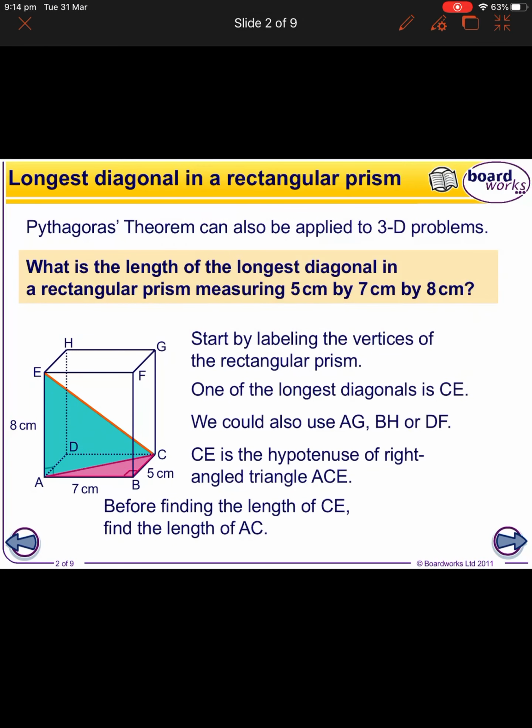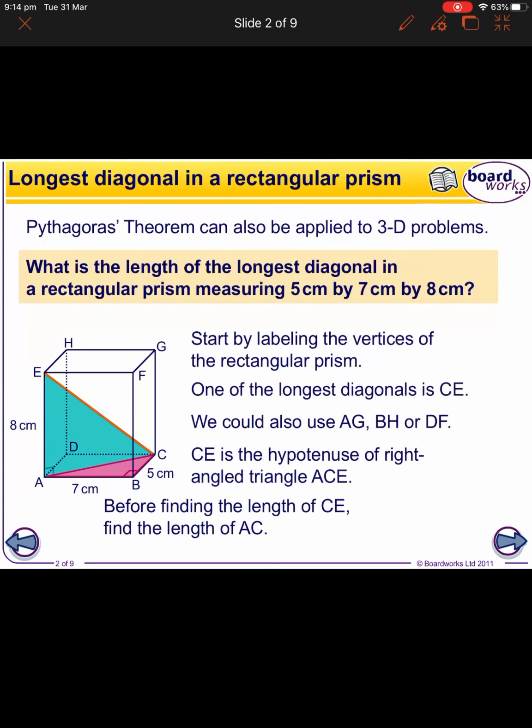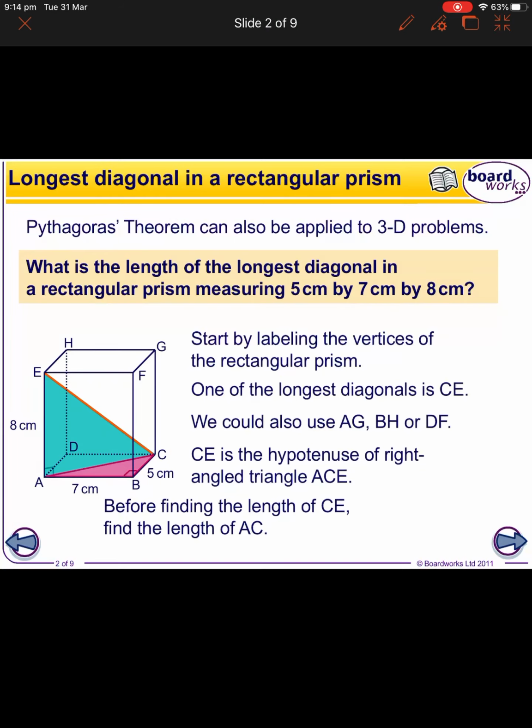And the reason for that is because this line is lying flat on the ground, and this line here and this line here, they're just part of the square or the rectangle that's lying on the bottom. And rectangles always have 90-degree angles. So therefore, in the corners, that must be a right angle. So therefore, what we can do is apply Pythagoras' theorem to this red triangle on the bottom, and